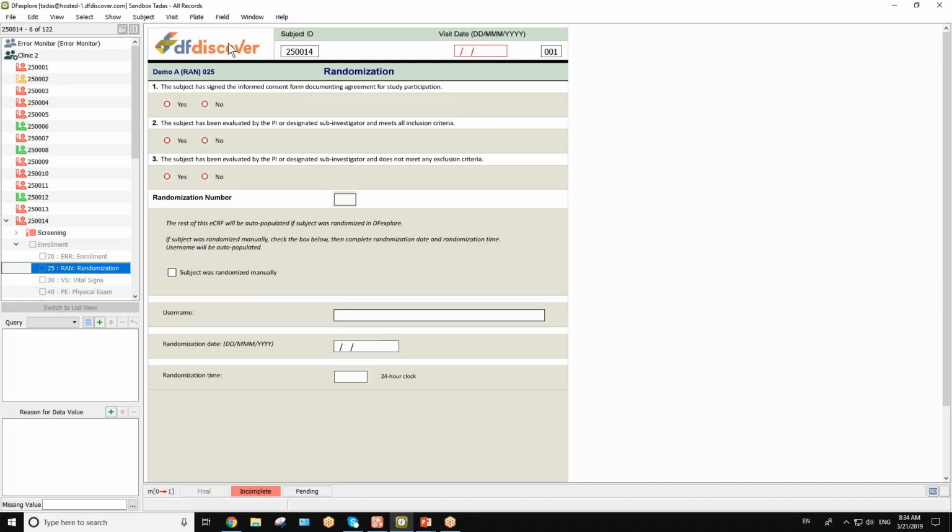They should be able to get the appropriate treatment. And then when the DFdiscover system is back online or power returns and you can finally get into the database, the users would go in and fill in this information, and this option right here, subject was randomized manually, can be checked, and you can input then